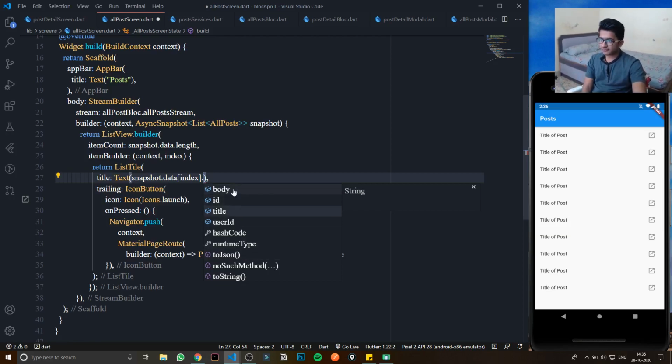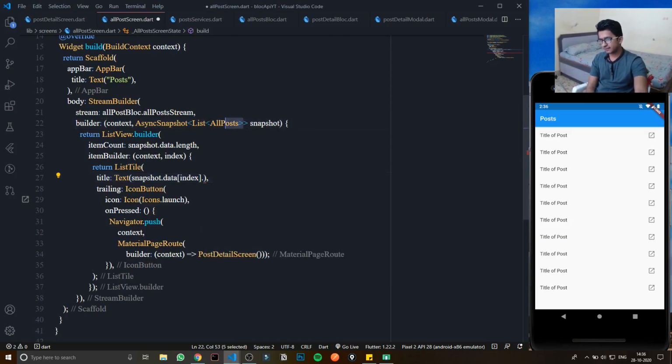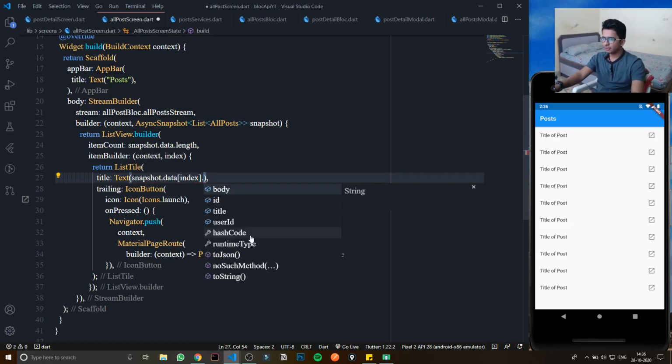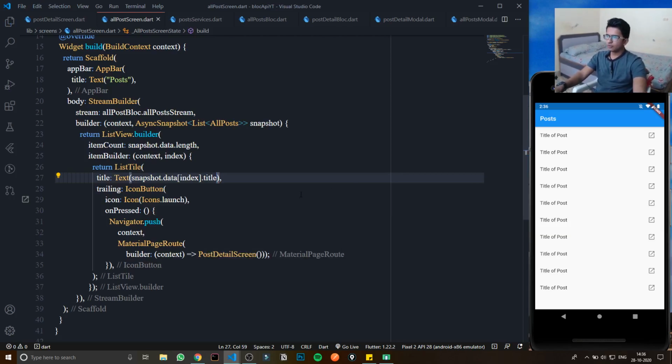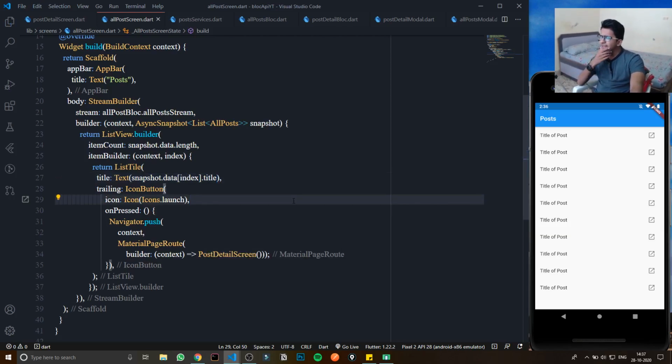So here you can see our code knows what exact type of variable we are going to get, right? To let it know that, we have to pass this. We have told it, hey, this is the type of data which we are going to expect. So here it can easily suggest. That is literally the thing for which we are using that. Okay, title. Great. So now I think I'm all good to go.